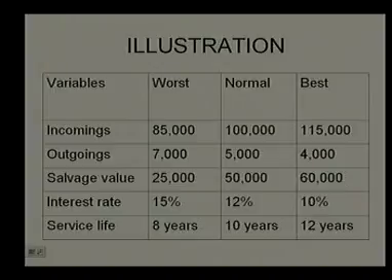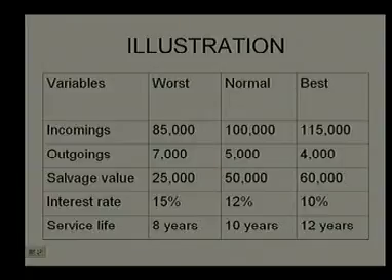Interest rate, I have assumed a high value, 15%. Service life, I have assumed a lesser value, 8 years only. So, if you notice the worst scenario column, you will find that I have tried to take the most unfavorable values for all our variables under consideration,